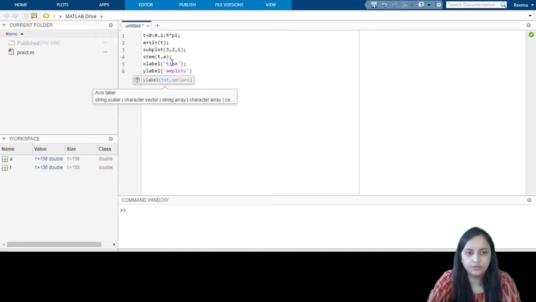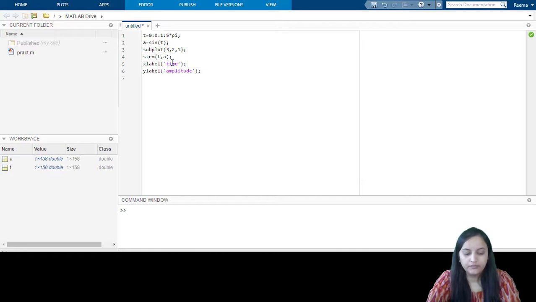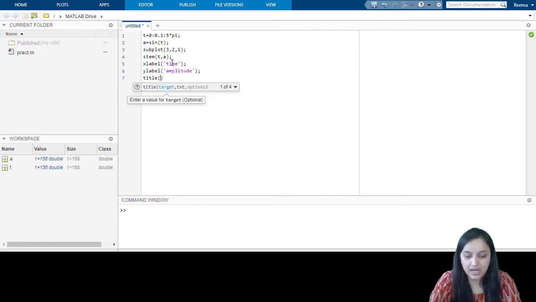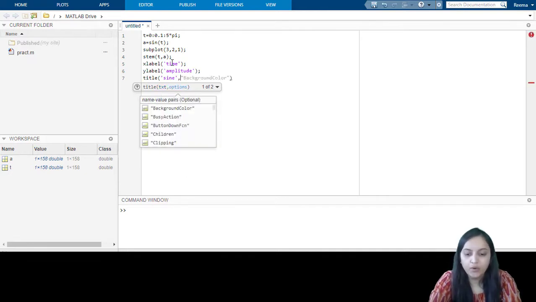Now we need to give this signal a title so that we can identify from the output screen which signal is sine or cosine or step. The syntax is, in inverted commas, we write down the title which is to be printed on the screen. So here it is sine, comma, and I want the title color to be blue.